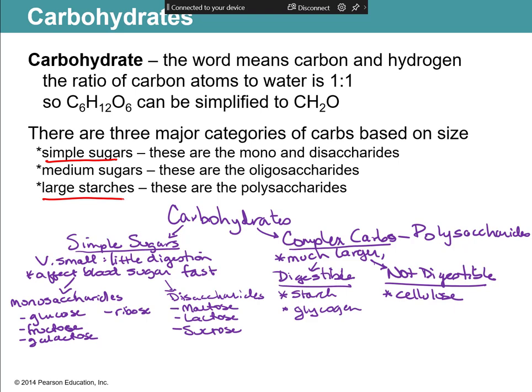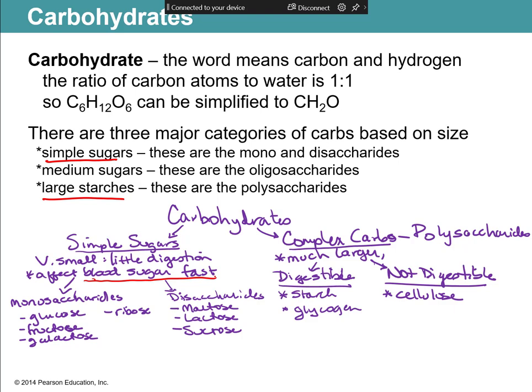This means monosaccharides, and disaccharides, which do have to have some digestion but it doesn't take a long time, will have the effect of changing your blood sugar quickly. If it's absorbed quickly and doesn't take hours to digest, then you're going to have a rapid blood sugar change. So monosaccharides are single sugars, and disaccharides are 2 sugars linked, held together by a bond. We will talk about the 4 monosaccharides and those 3 disaccharides,